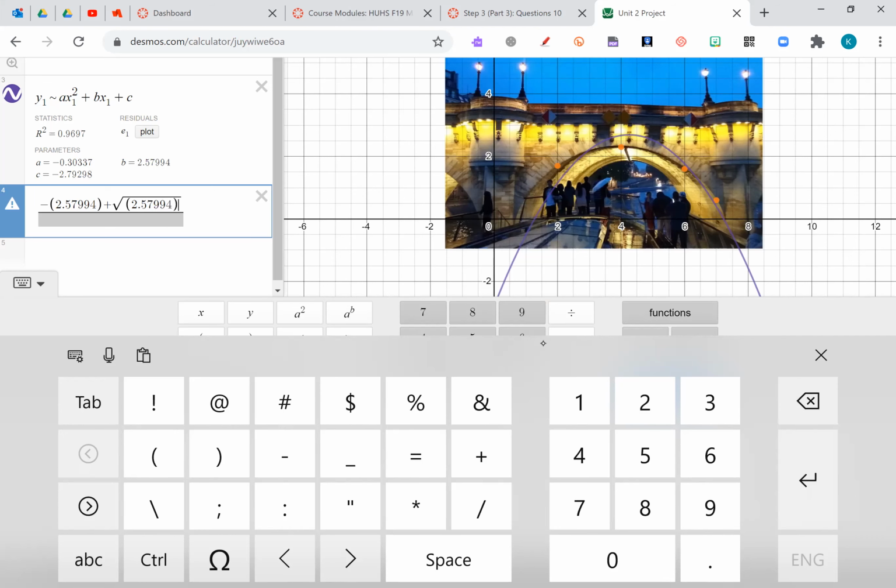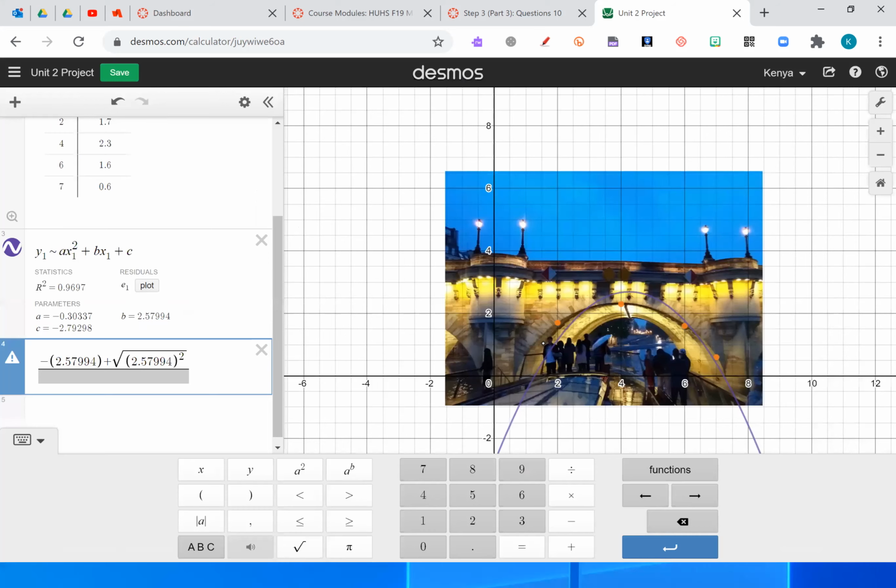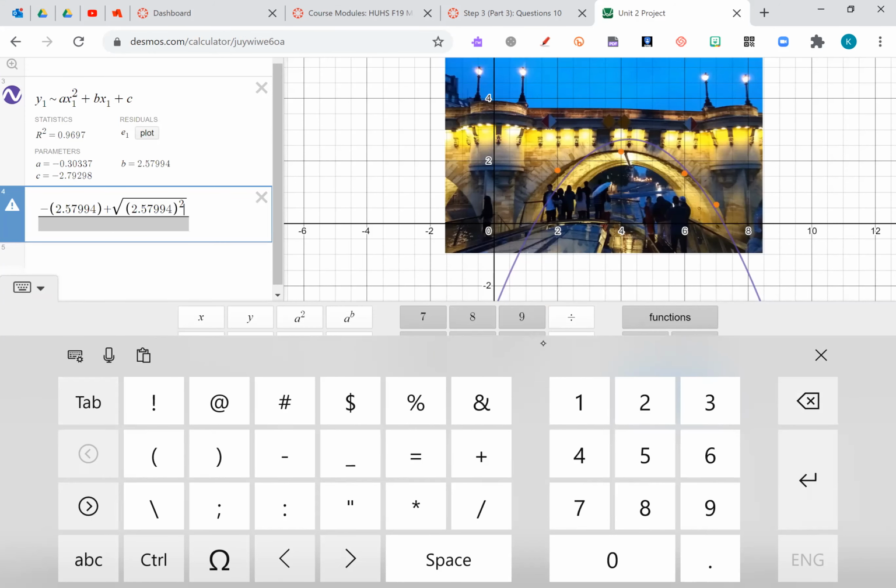Make sure you type it in correctly. You don't want any surprises. If it's not making sense, you have to check your math and do it over again. 4 times A. A is negative